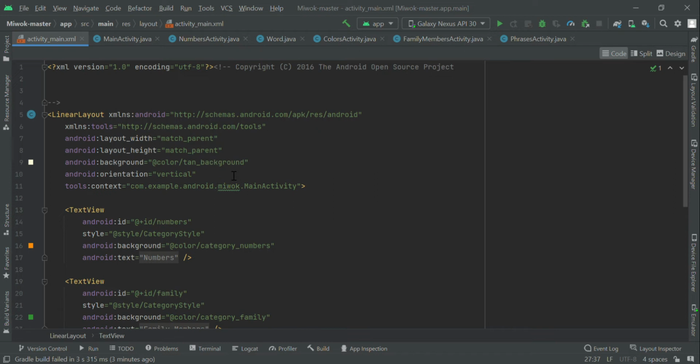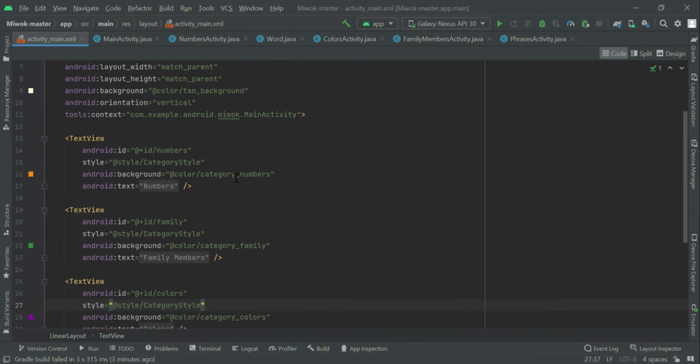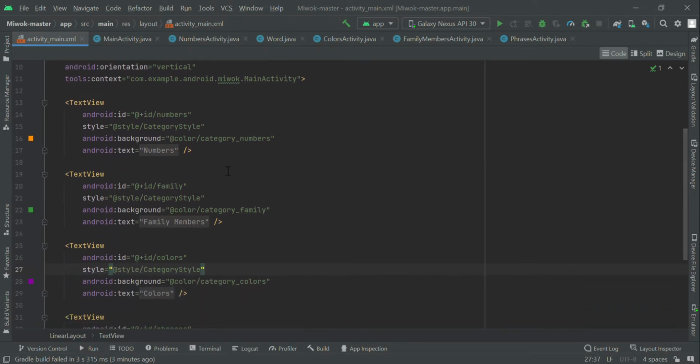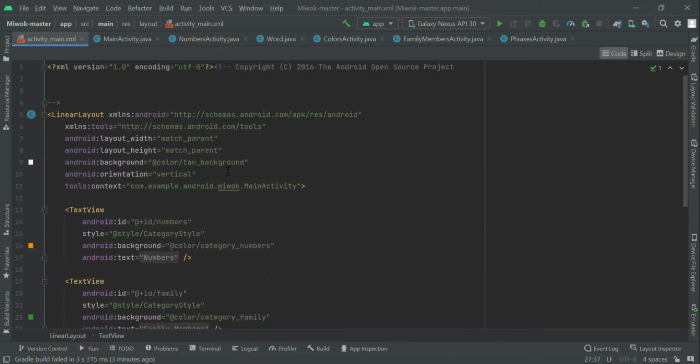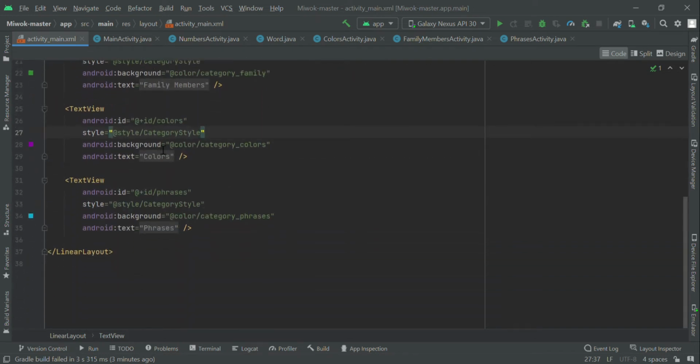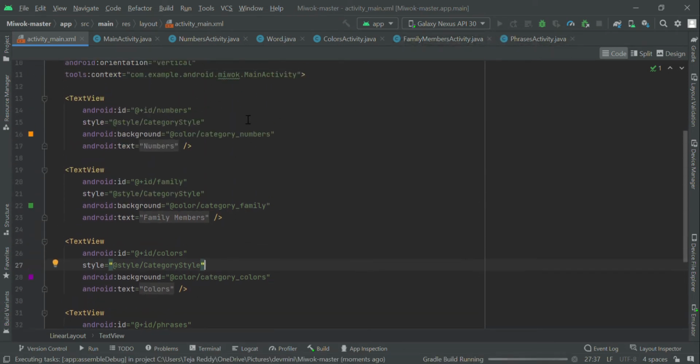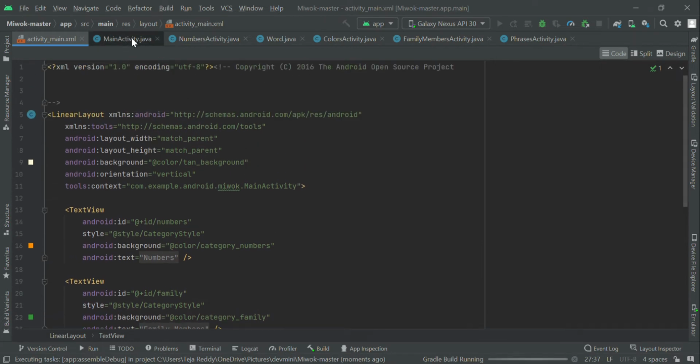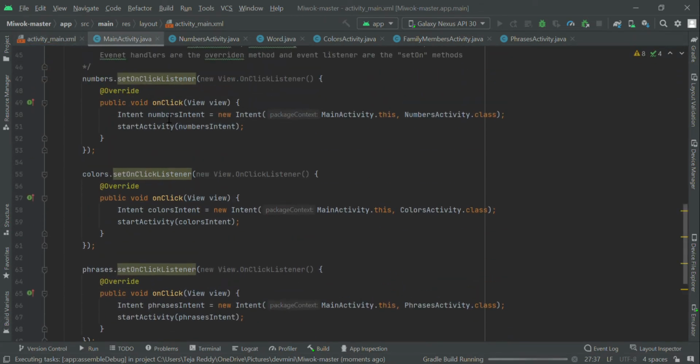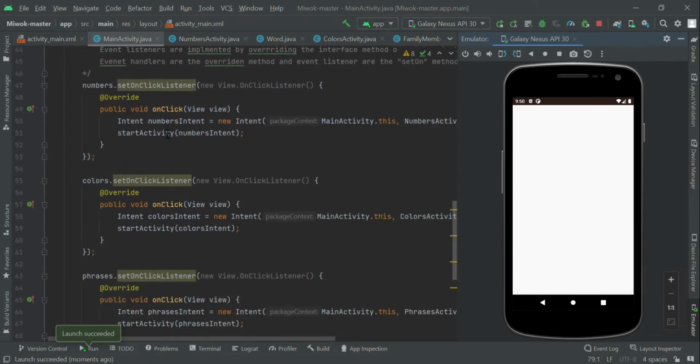My project is a language learning app which mainly consists of two types of sessions. The first one is the main session, which is menu driven, where the user can access four different types of phrases, whether he wants to learn numbers, colors, family members, or phrases. First I have created four text views for the main menu, which are shown in different colors. After this, if you go to the implementation part,